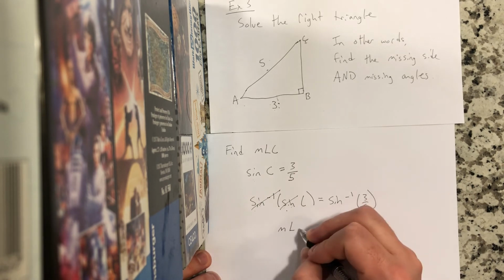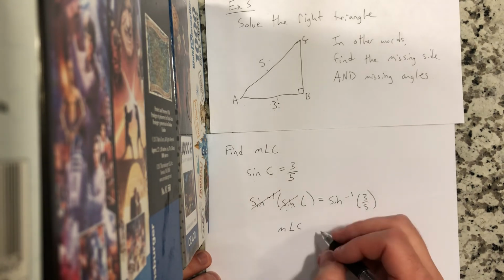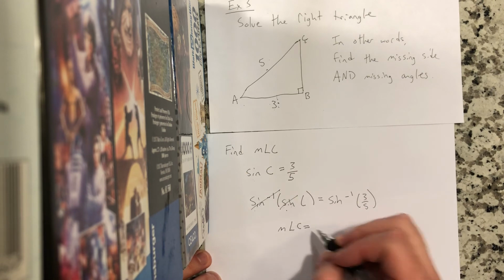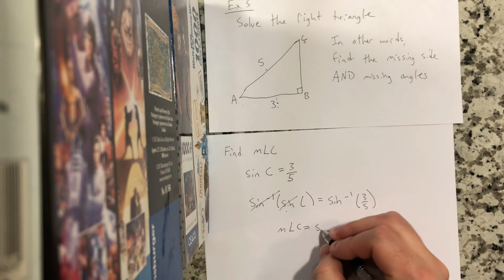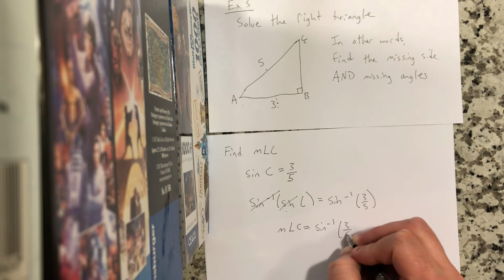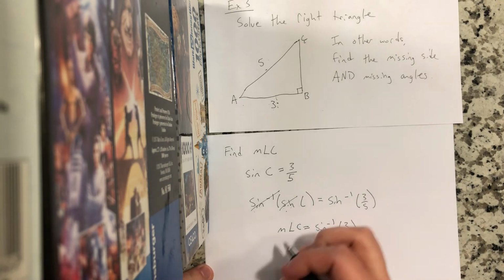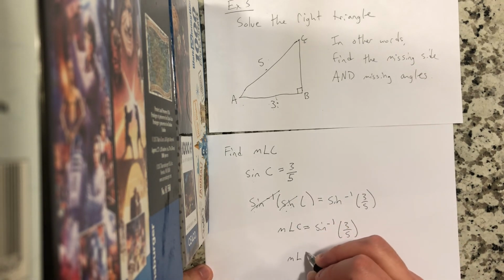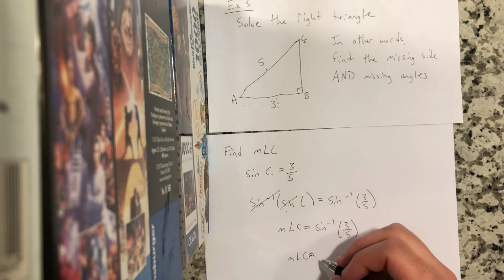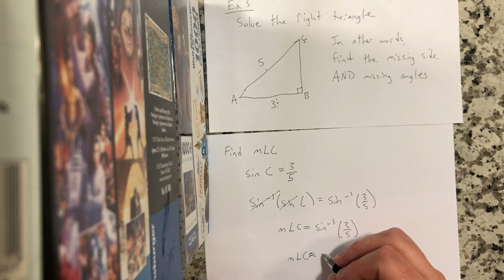So here, all we're left with is the measure of our angle C, which is what we wanted, is equal to the inverse sine of 3/5, which was the opposite over the hypotenuse again. And when you do this on your calculator, you should get a value of approximately, and I'll use the approximate equal signs here. This is approximately